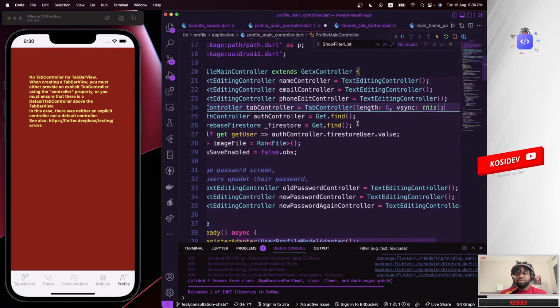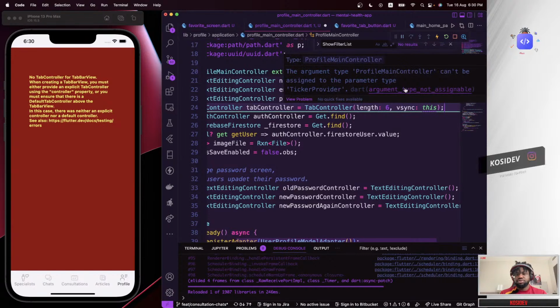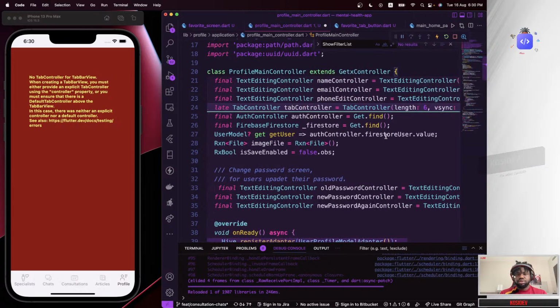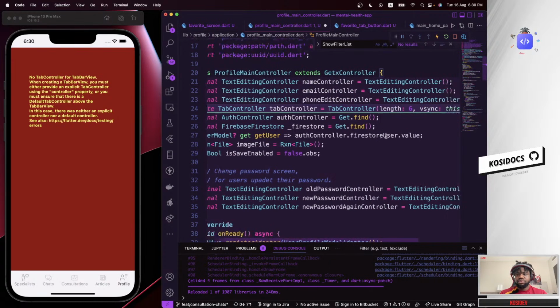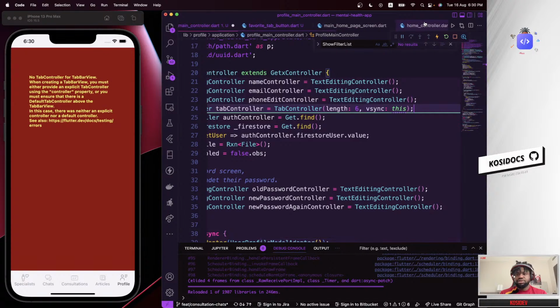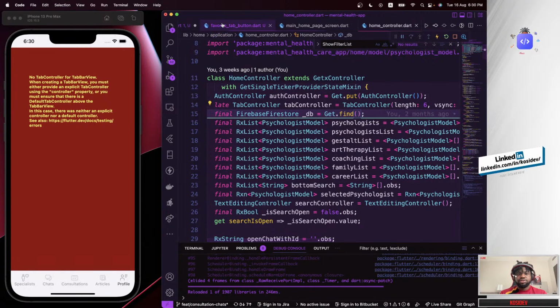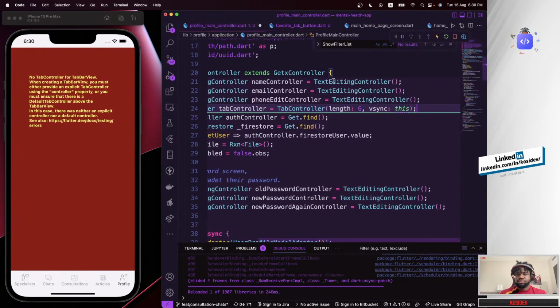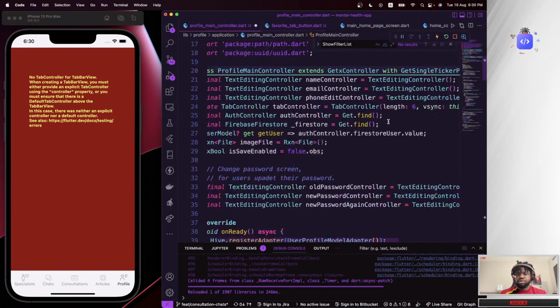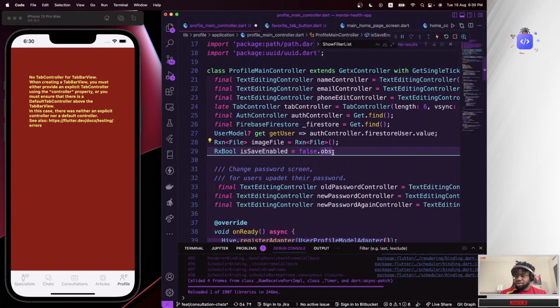Basically this particular class that we're in, this component is going to be assigned to a ticker provider. Makes sense. Okay, so we have to use single ticker provider state, with. Okay, so that will solve the issue. And if you go ahead and save this, then we could actually access this from anywhere we are at the moment. So inside our profile,